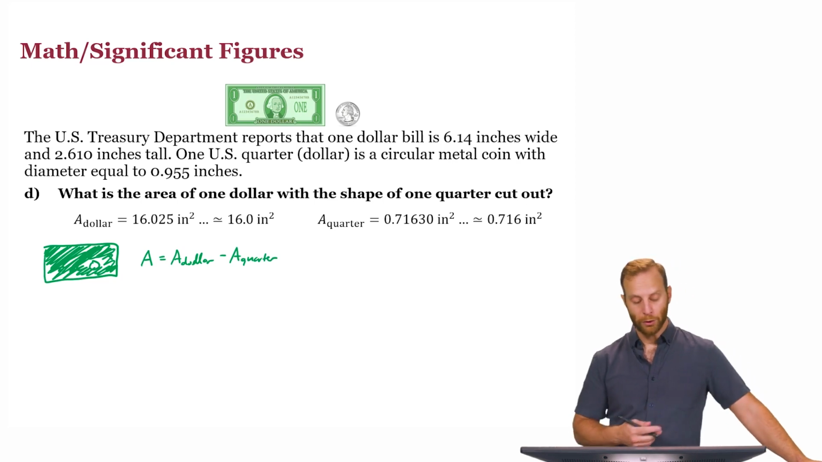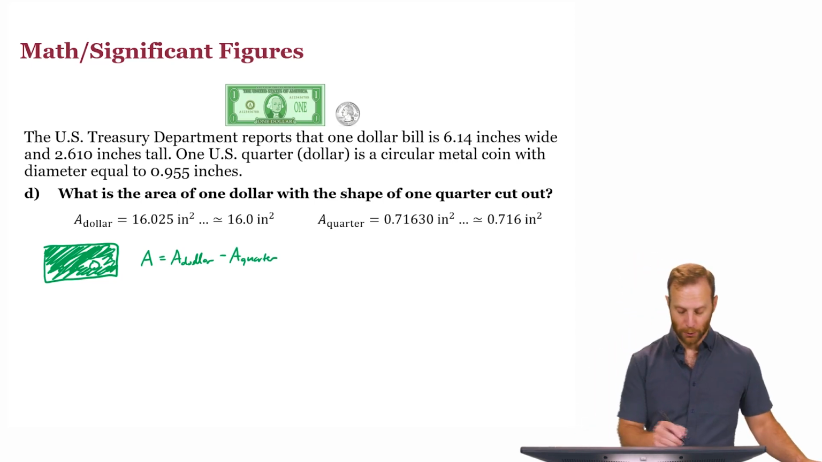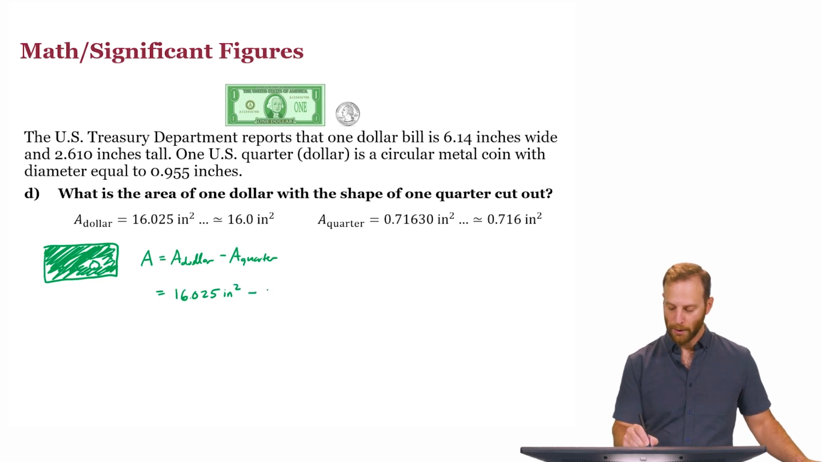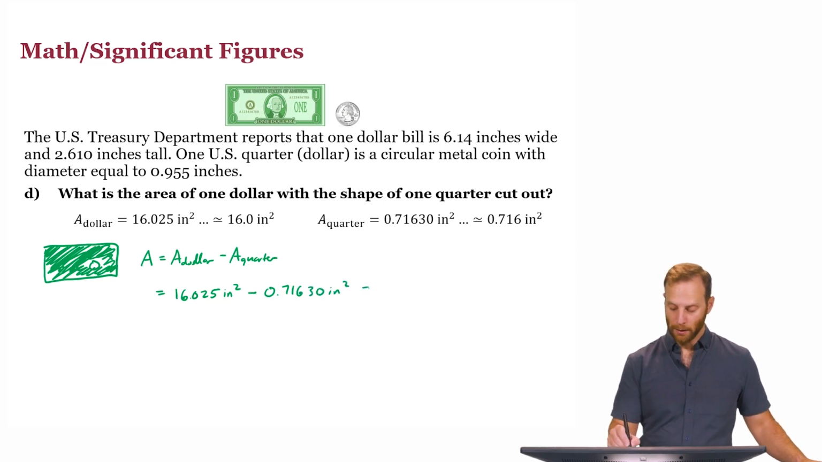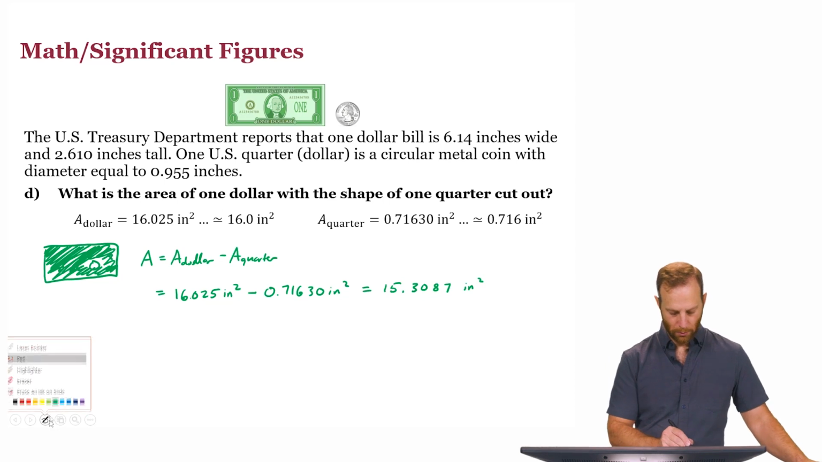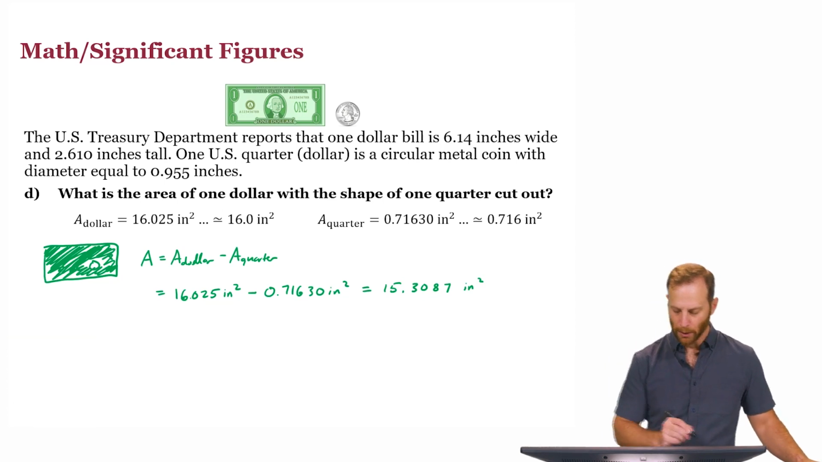What I'm going to do is use the numbers that I have at my disposal. I'm going to use everything unrounded: 16.025 inches squared, and I'll subtract off 0.71630 inches squared. And I can conclude that my final answer here would be 15.3087 inches squared. I'm not ready to round to report my final answer because as I look at this, I remember that I only trust